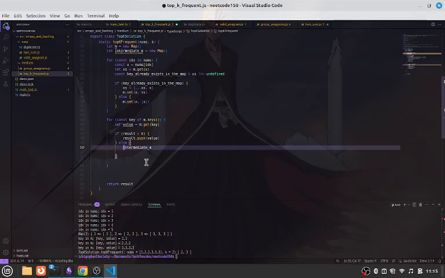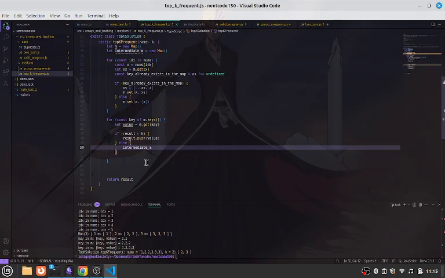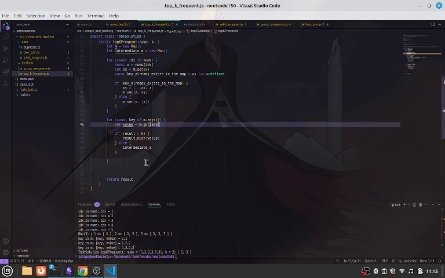And then there's going to be another loop over this intermediate map in order to check it against the currently iterated value in the main map. And then whatever intermediate map has for its top k frequent,